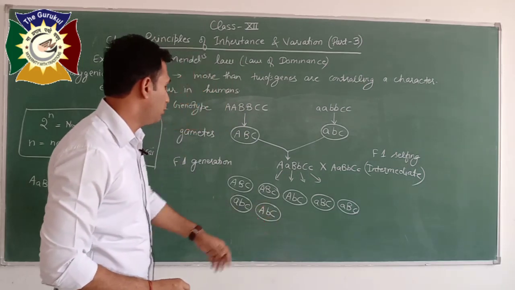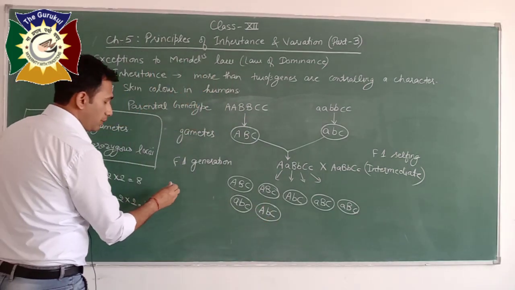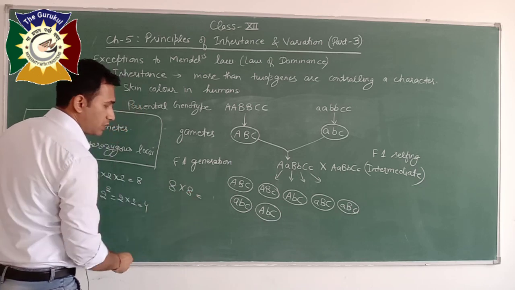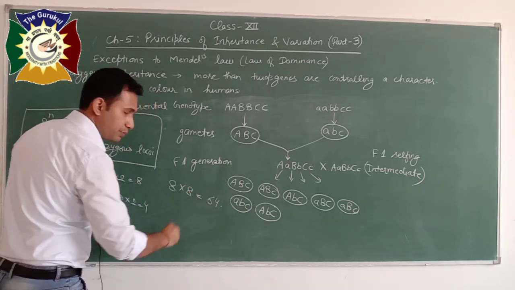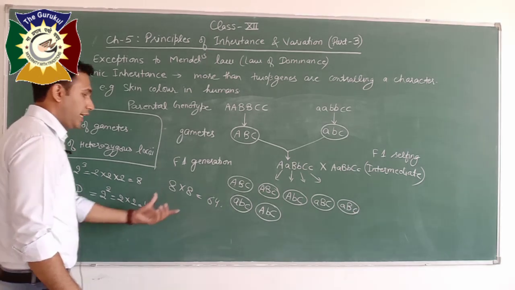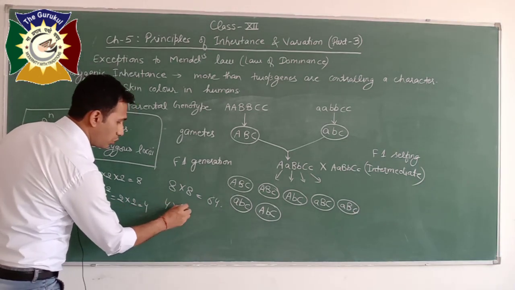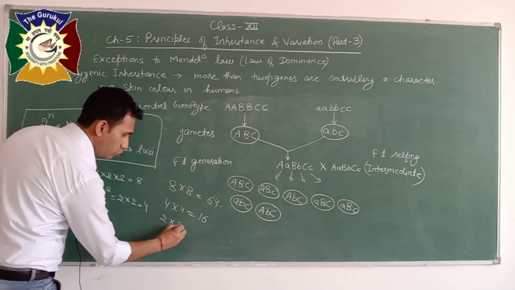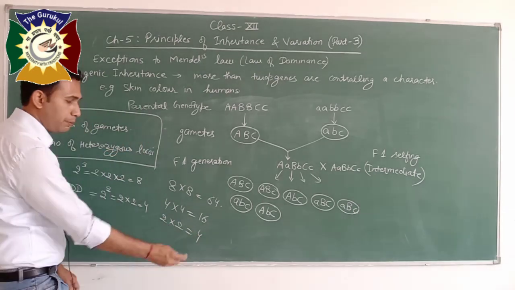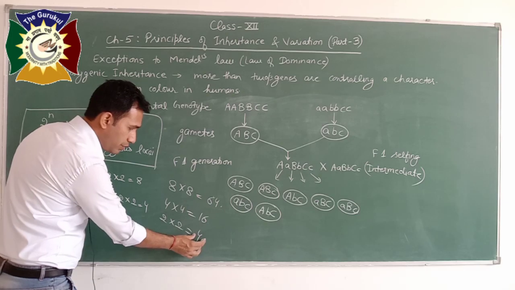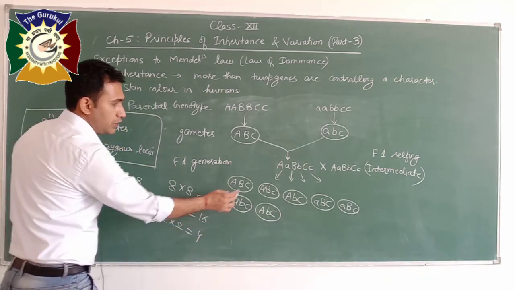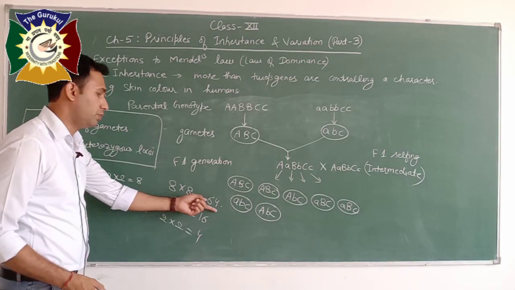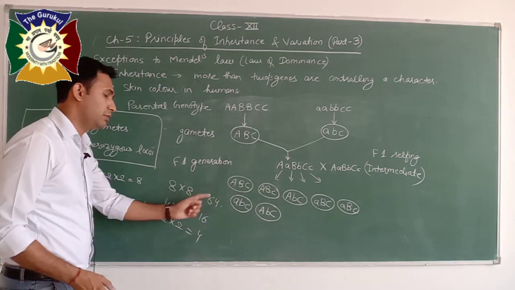So total number of F2 members will be 8 into 8, का पनेट स्क्वायर कितना हो गया, 64. So जैसे हम डाई हाइब्रिड क्रॉस में करते थे 4 into 4 is equal to 16, मोनो हाइब्रिड क्रॉस में करते थे 2 into 2 is equal to 4. तो यहाँ पे पनेट स्क्वायर में 4 स्क्वायर बनते थे, यहाँ पे 16. So in this case, as the number of genes are 3, the total number of F2 members will be 64